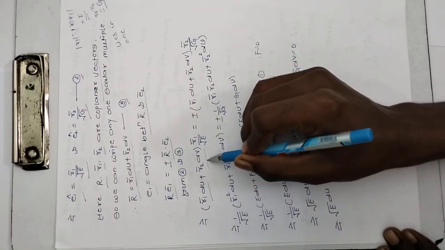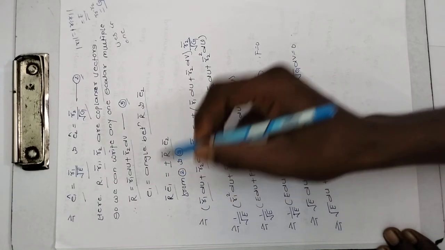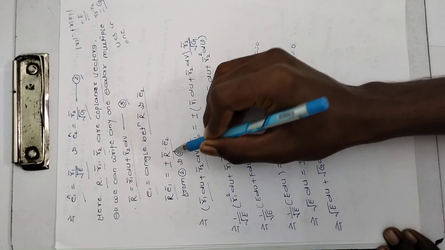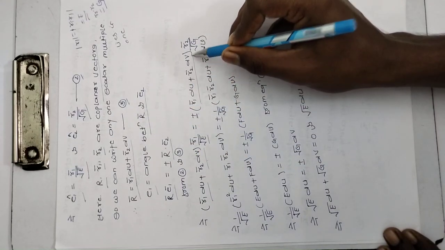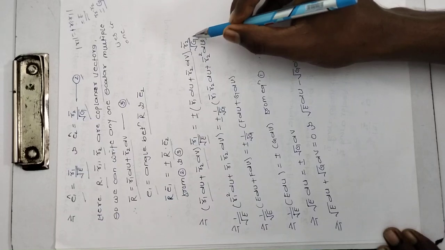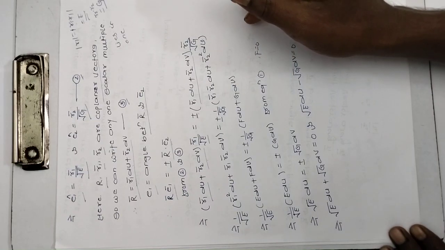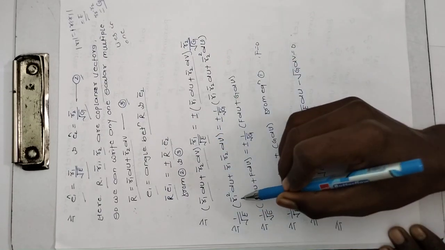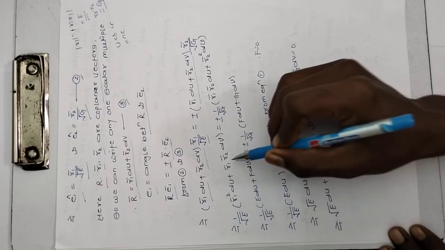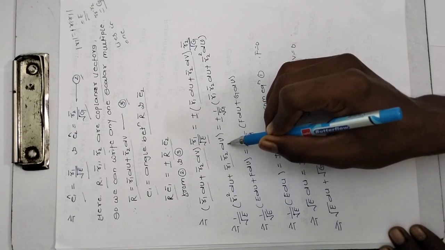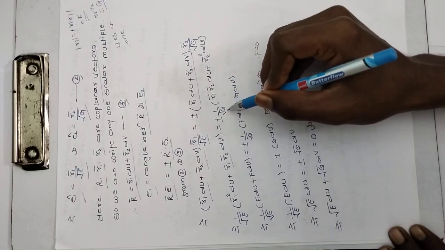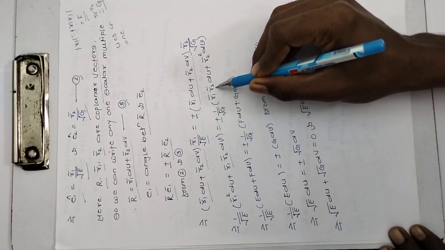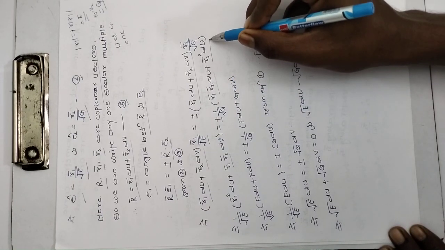From this, the value of E1 bar is R1 bar upon under root E, equal to plus minus, with the value of R bar being this term, and the value of E2 from equation 2 is R2 bar upon under root G. So under root E is common, and R1 bar multiplies in the bracket, so R1 bar square du plus R1 into R2 bar dv is equal to, similarly 1 by root G is common, and R2 bar multiplies in the bracket, so R1 bar into R2 bar du plus R2 bar into R2 bar, that means R2 bar square dv.